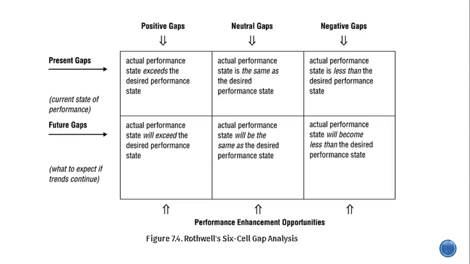The future gaps are about thinking what to expect if the trends continue. Future positive gaps: actual performance state will exceed the desired performance state. Future neutral gaps: actual performance state will be the same as desired performance state. And then future negative gaps: you can see the performance will become less than the desired performance state. So you can see how identifying what you're doing now and how it's impacting now, and also looking at what you're doing now and how it's going to impact the future, will also help